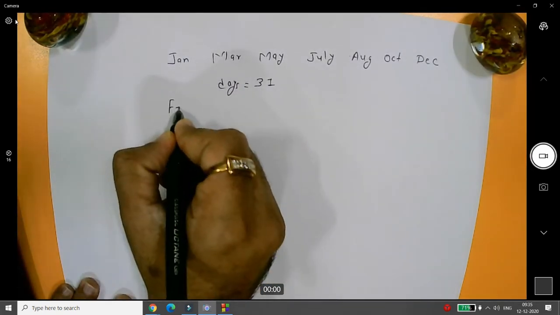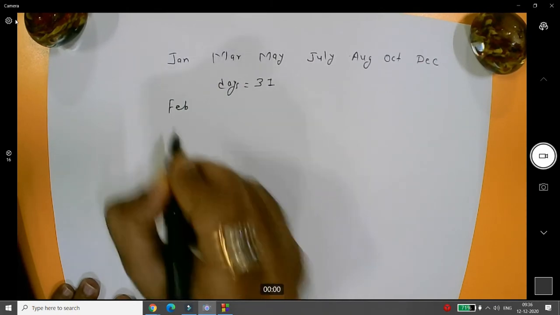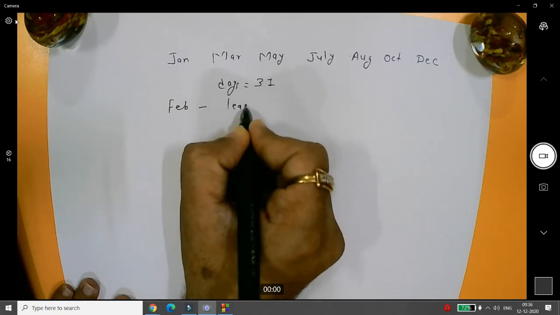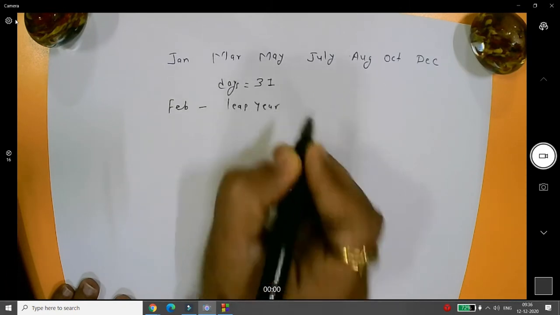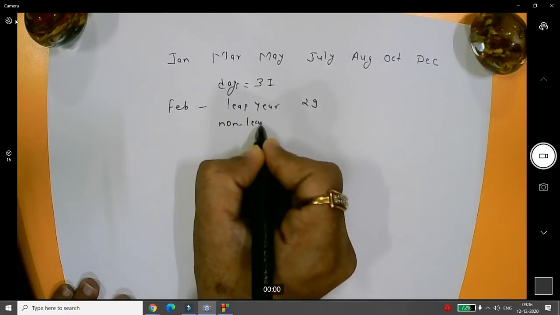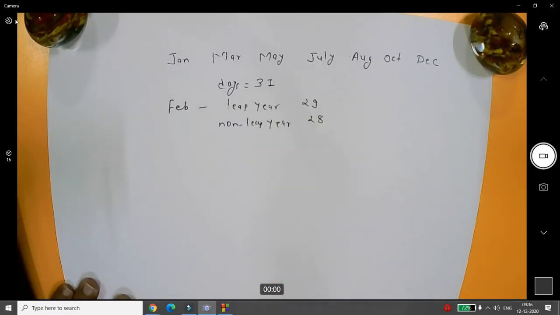If it is February, then we need to check whether it is a leap year or not. If it is a leap year, then the days are 29, and for a non-leap year, the days are 28.